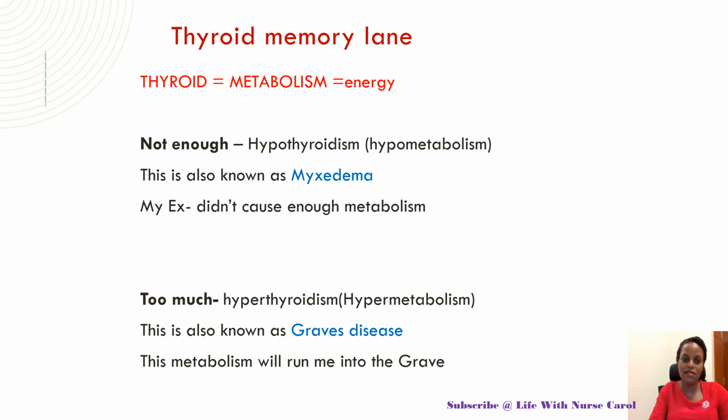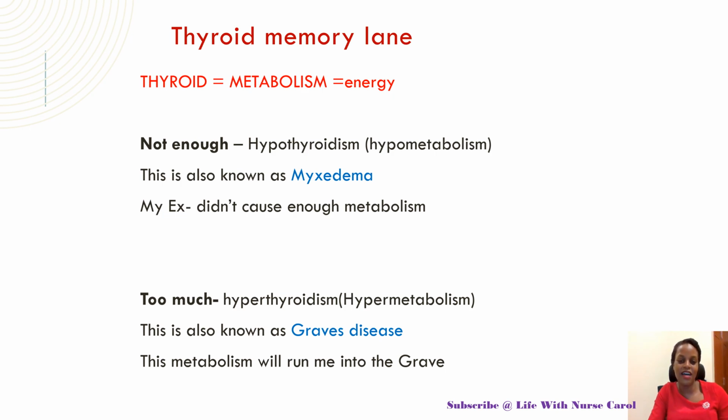When I see myxedema, I think of my ex, who didn't cause enough metabolism. So if I know metabolism equals energy, and my ex didn't give me enough energy, it means he didn't give me enough metabolism, which means he didn't give me enough thyroid hormones. So that's how I remember, vaguely, but it works for me. So myxedema, my ex